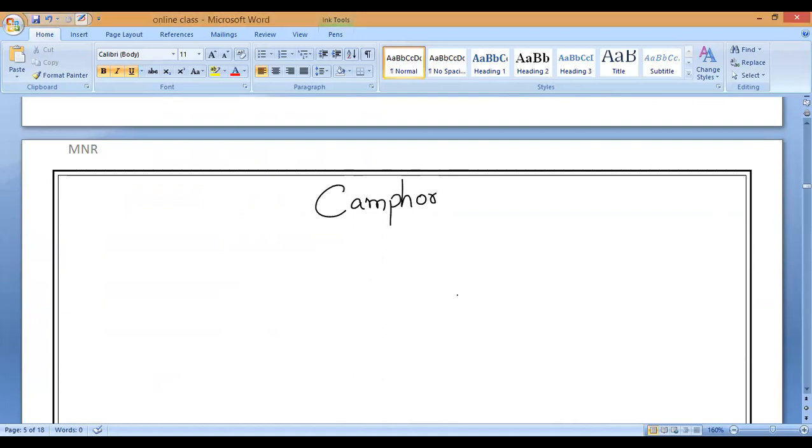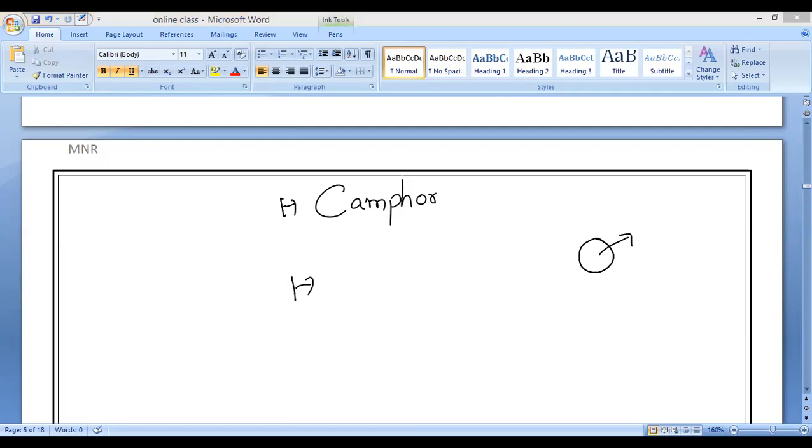Now, do you know in our home, our mother used to keep naphthalene balls in toilets and under clothes to protect from cockroaches? White balls. Do you notice it? If you keep a naphthalene ball under the cloth, after 10 days you can see the size of the naphthalene ball will reduce. So naphthalene balls directly convert solid into gaseous state. That is why naphthalene is also an example of sublimation.